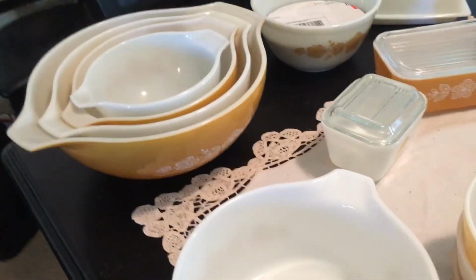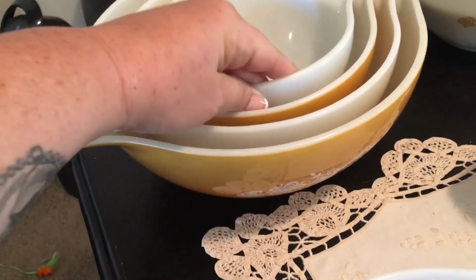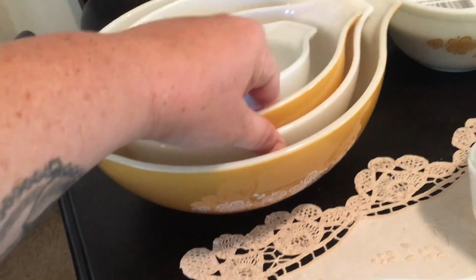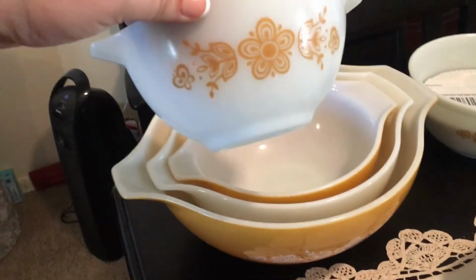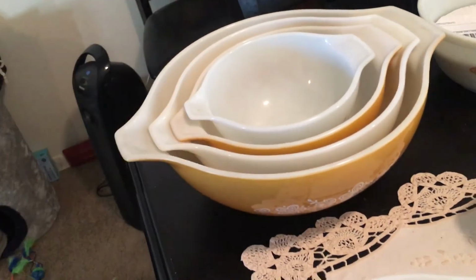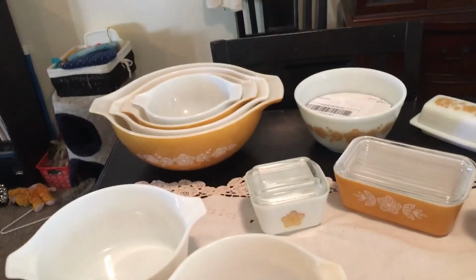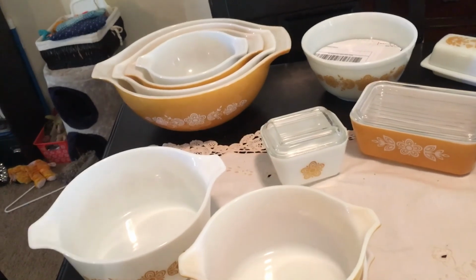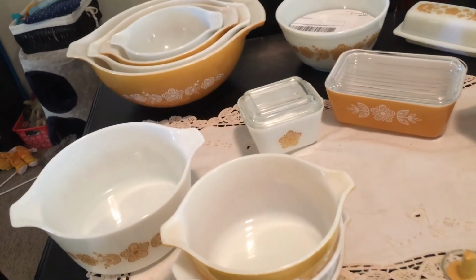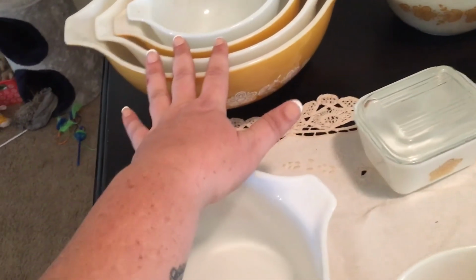Then I have a full set of the Cinderella bowls, and they're the alternating gold, white, and they're always handy. Cinderella bowls, I'm kind of a sucker for it. Even a pattern I don't like, I would like the Cinderella bowls. Like I don't care for the Spring Blossom, but when I saw the 444 Cinderella, I was like, oh, something about the style of it. Super handy with the pour spout and the handle on the other side instead of just being the regular mixing